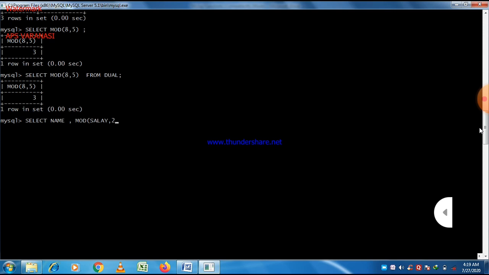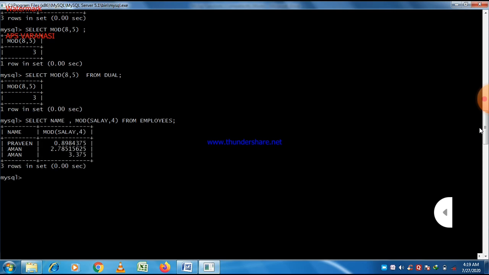So modulus, or division of salary by 4, up to 4 decimal places. Here we divide salary by 4, and the remainder is shown on your screen from table employees. You can see here salary divided by 4, and whatever the remainder will be is shown on screen. Here you can easily see that there are 3 different records,